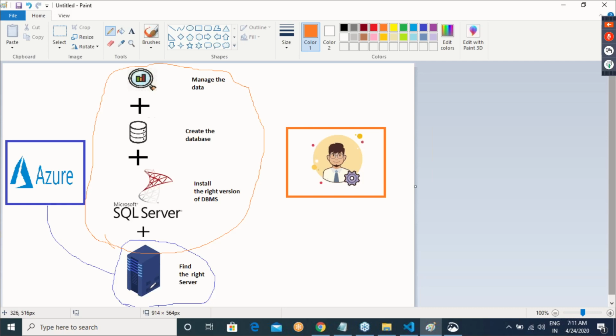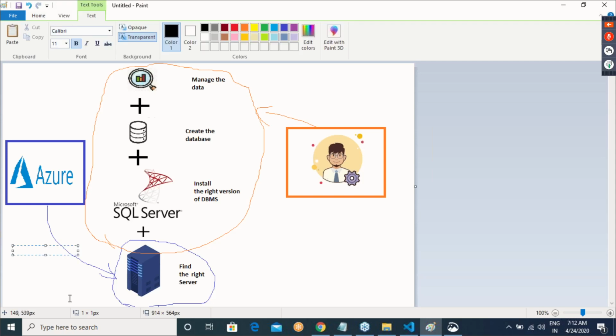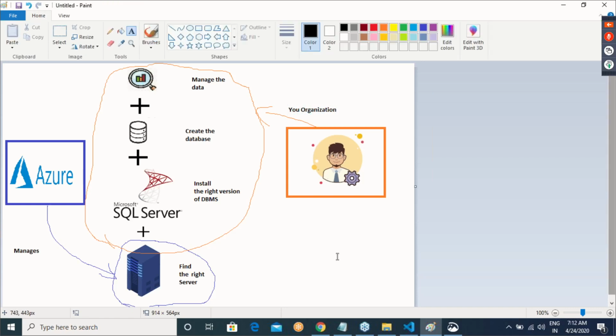After that, updates to that version and taking the backup, again, this is you managing, and this is what Azure manages. And when I say you, it might not be you, it is your organization. Your organization needs to manage all of this. This is what an unmanaged database is.